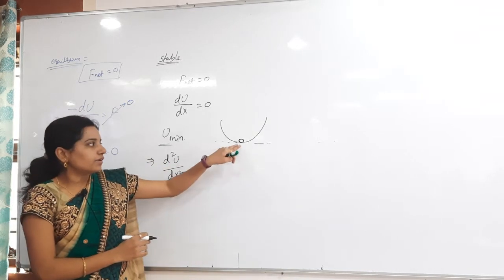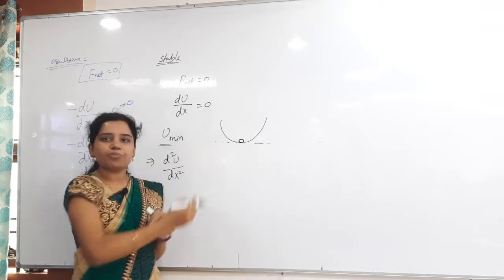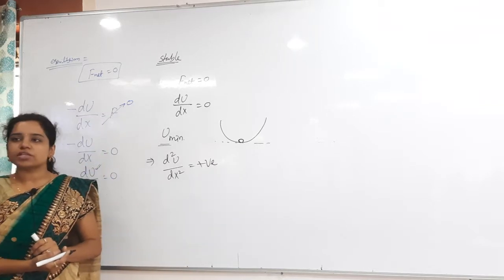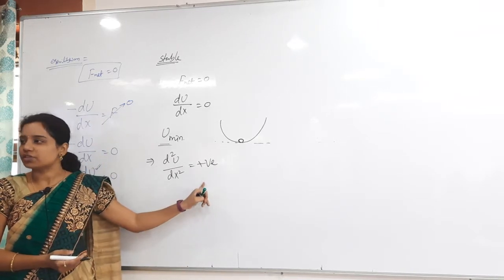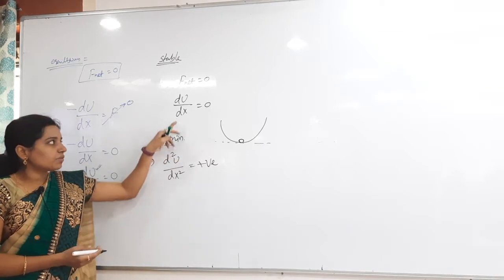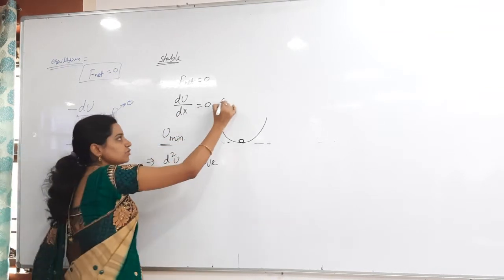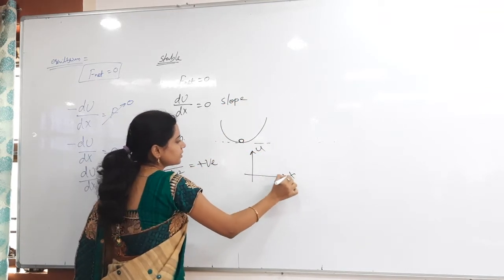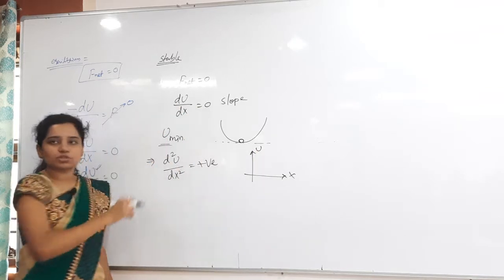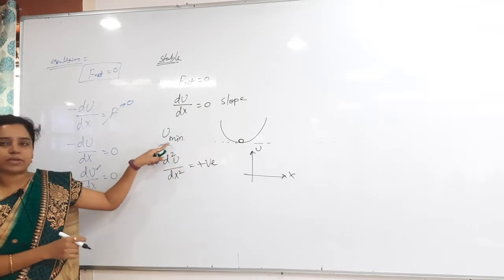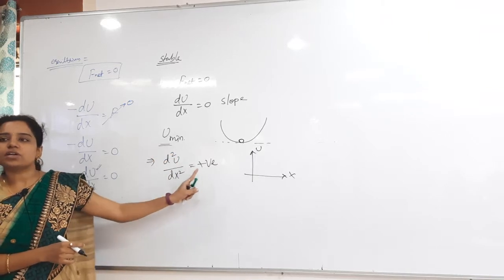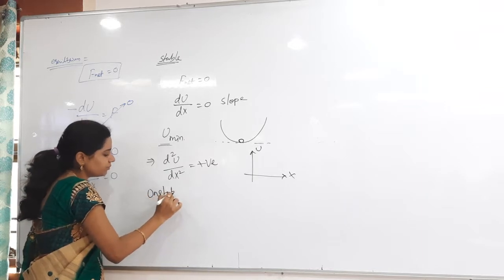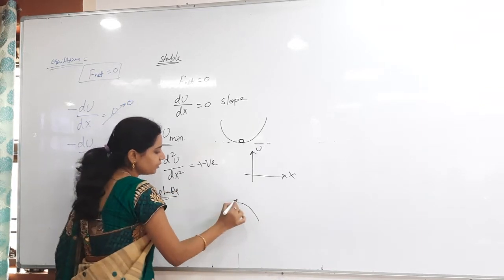So whenever you take, the curvature is there in which direction? Upward direction. So clearly what I can say, d square u by dx square is positive. The curvature is positive here. Understand, right? So slope is how much? Slope is 0. If I take the u-x graph, then slope is equal to how much? 0. Slope is 0, but the u is how much? Minimum, and also curvature is what? Positive. Clear?